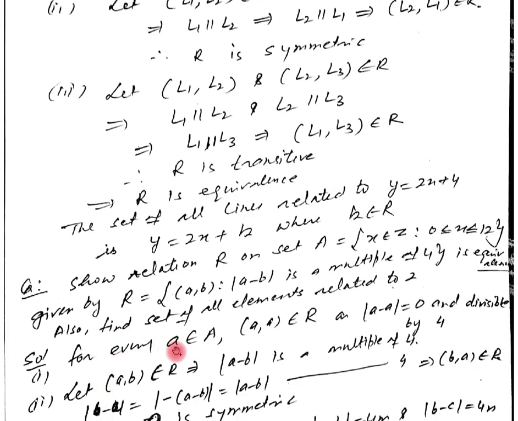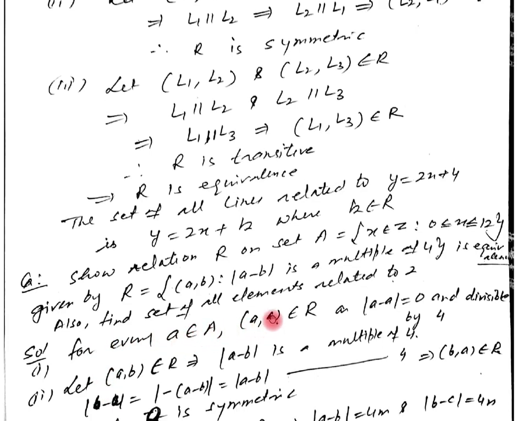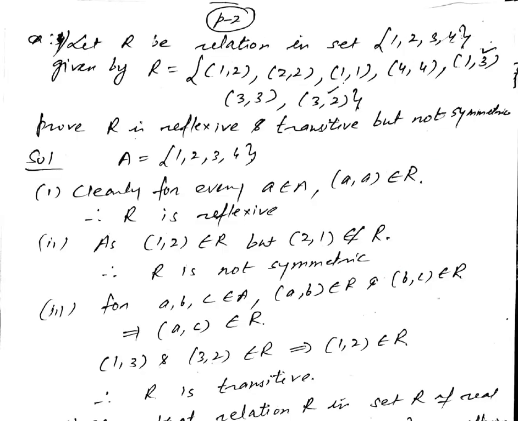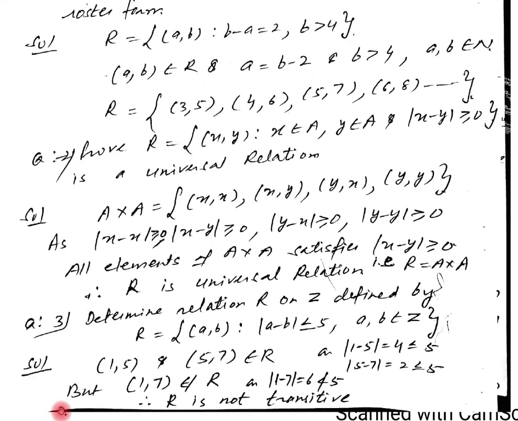For every A belonging to A, (A, A) belongs to R, because modulus of A minus A equal to 0, and 0 is divisible by